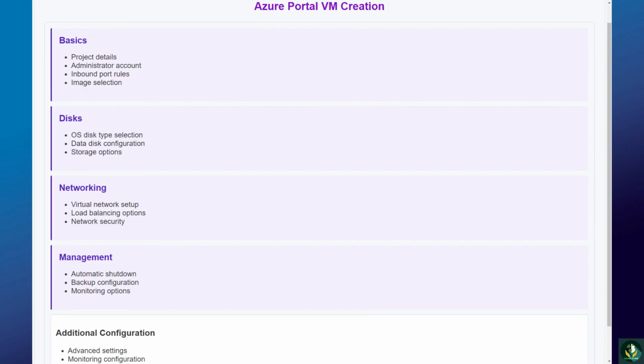Creating a virtual machine in the Azure portal involves a systematic process through multiple configuration tabs, each focusing on specific aspects of the VM deployment. Understanding these configuration options is crucial for proper VM setup. The Basics tab serves as the starting point, where you define fundamental settings: project details including subscription and resource group, administrator account credentials, initial security settings through inbound port rules, basic VM specifications